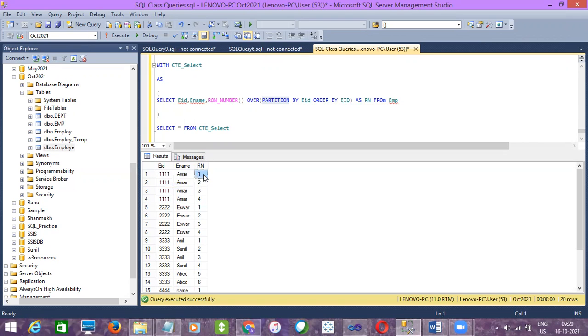And then next comes the ROW_NUMBER, right? The row number will give unique row numbers to each and every value. So since we are doing groups, for each group the row number will apply from the beginning, 1 2 3 4. There are 4 values for the group 1111, so 1 2 3 4. And then for the 2222 group, again 4 values, 1 2 3 4 row numbers. And for 3333 there are 6 values, 1 2 3 4 5 and so on, 6. So this is how the row number is calculated on top of PARTITION BY.